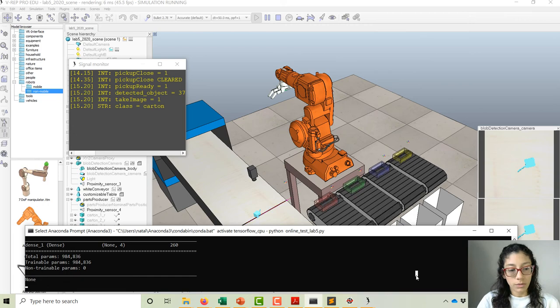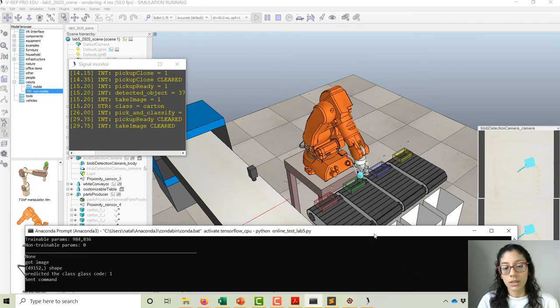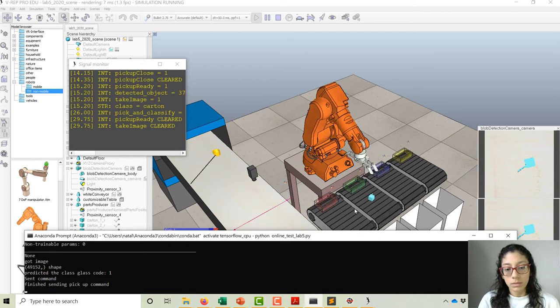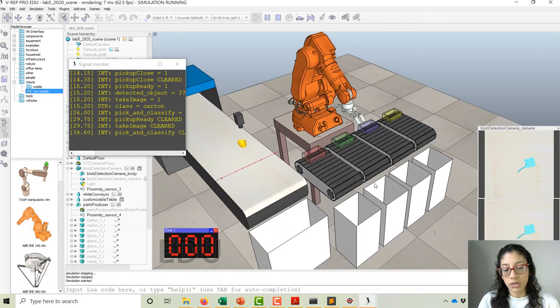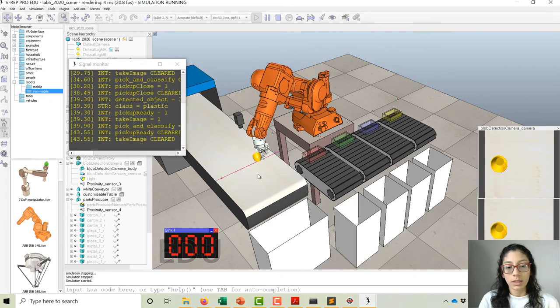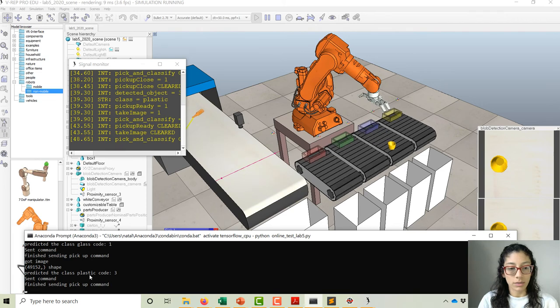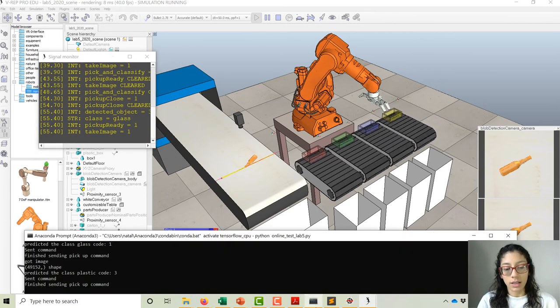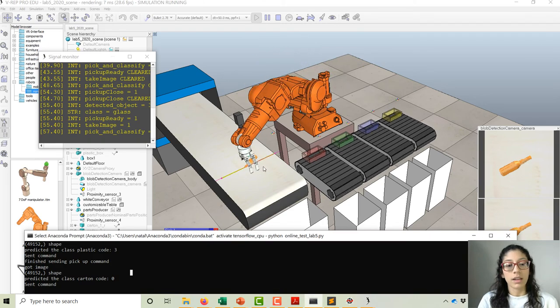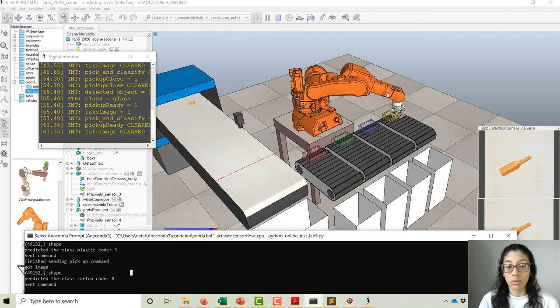And as you see, it froze for a little bit, so just click on one of the arrows and it continues the process. And this one was actually an error because that is not the bin of cardboard, that is a juice box. This is plastic and should be classified as plastic, and it did actually correctly classify it as plastic. This is a glass bottle, so it should classify it as glass, and it classified it as carton. So as you can see, it is not a really good network, the one that we have provided for you,